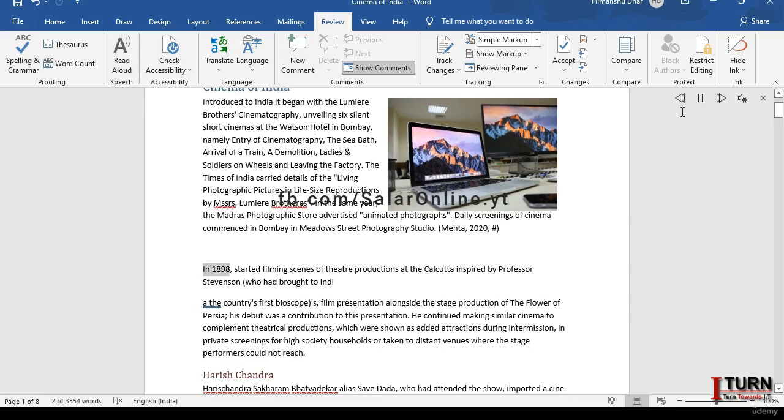In 1898, started filming scenes of theatre productions at the Calcutta inspired by Professor Stevenson, who had brought to India the country's first